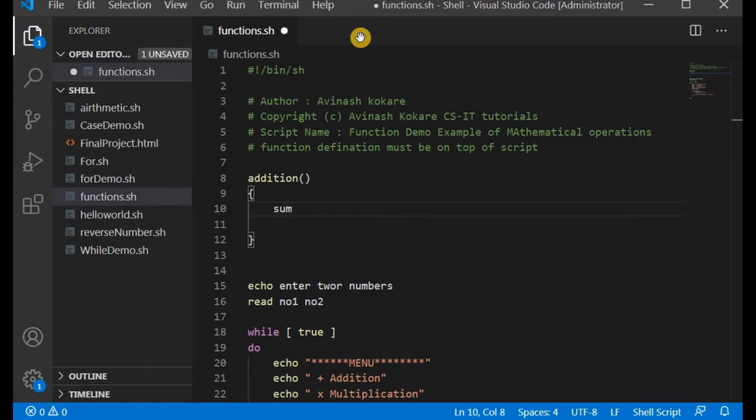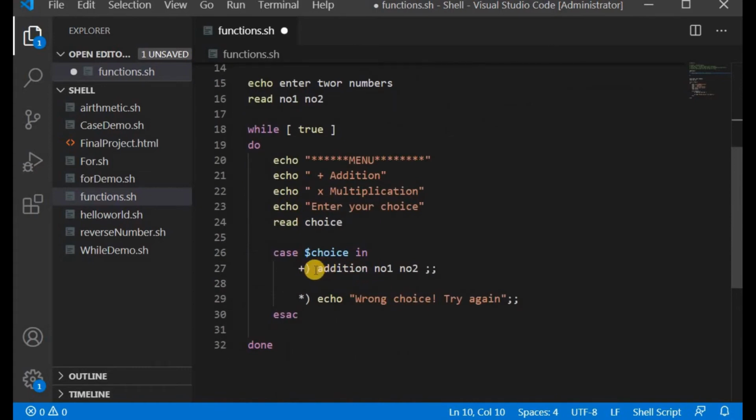Here we will require a sum. We will use the variable sum equals to, we have to perform the mathematical operations, so these are the quotes, the quote key under escape. So sum equals to expr. Which two numbers do we have to add? Whatever numbers we have passed from the calling of the function. In a function call, just write the name of the function and whatever arguments you want to pass, add them next to it. So here we want to pass the values, $num1, $num2.